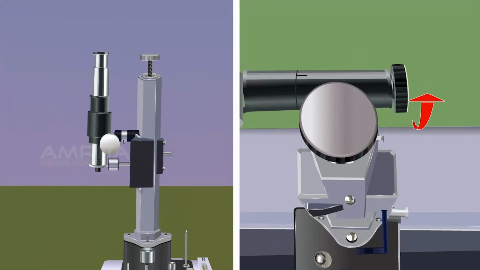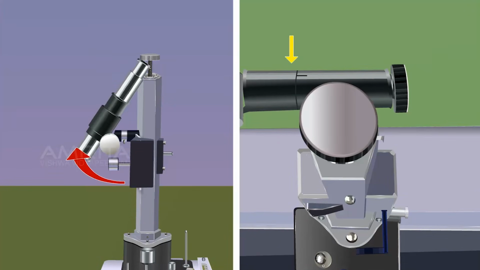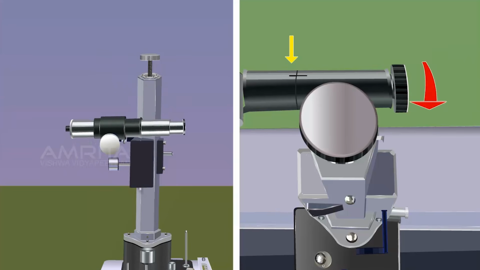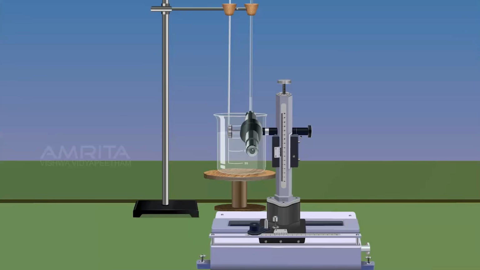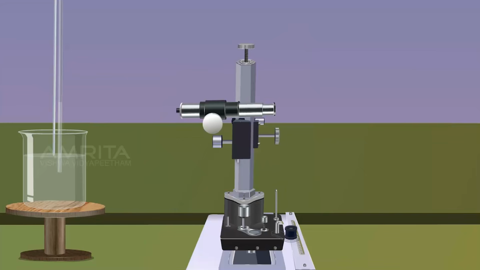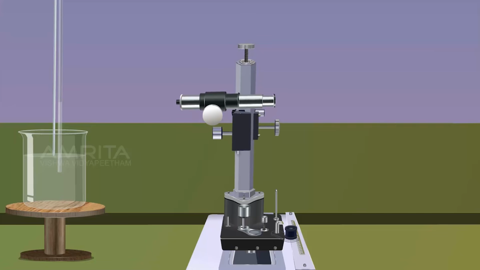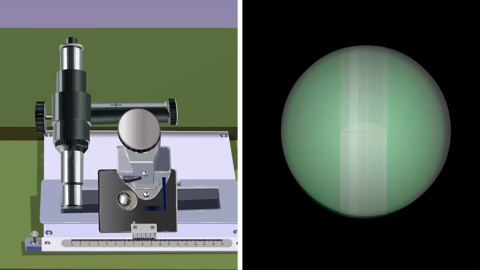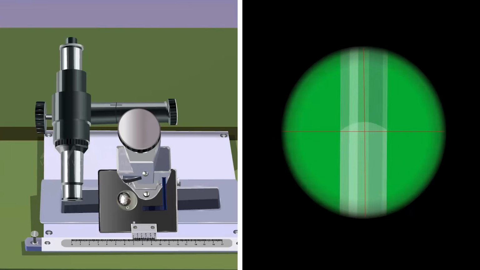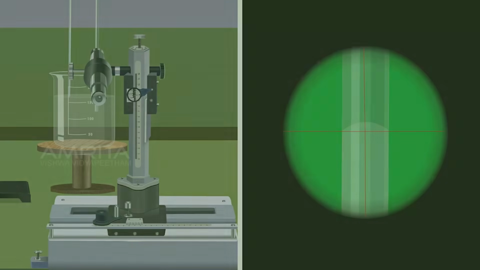Adjust the microscope by the anti-clockwise rotation of the screw placed in front of the microscope and pointed towards the capillary tube. Microscope alone is adjusted by anti-clockwise rotation of the screw in front of the microscope and then tighten it so that the water meniscus becomes visible. Focus the binocular using the screw so that the concave meniscus of water level is clearly seen.